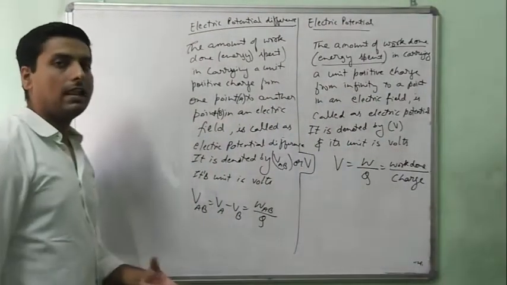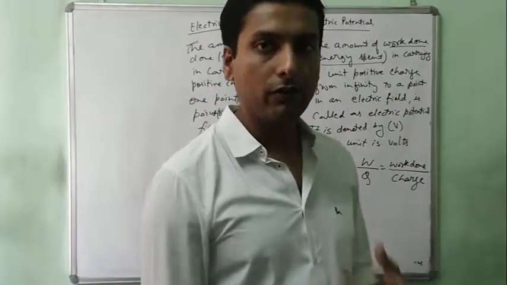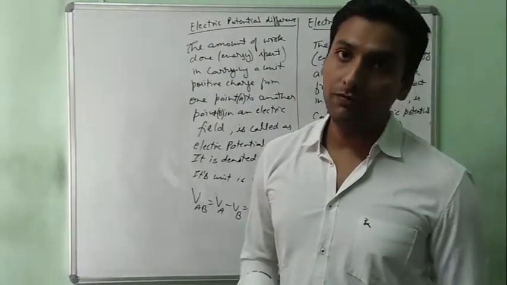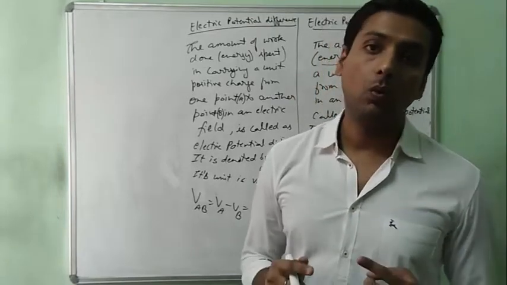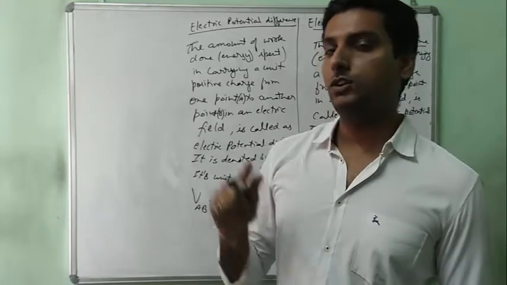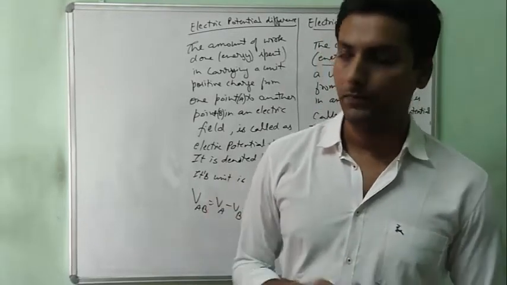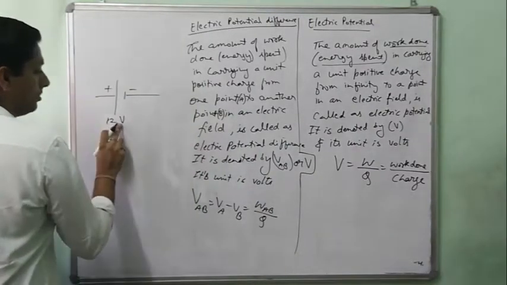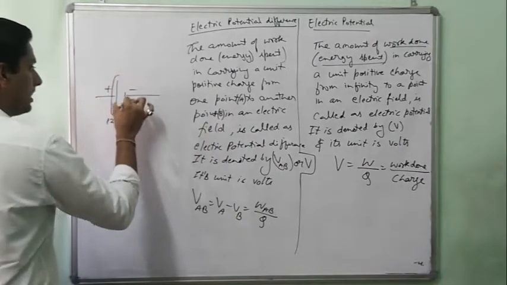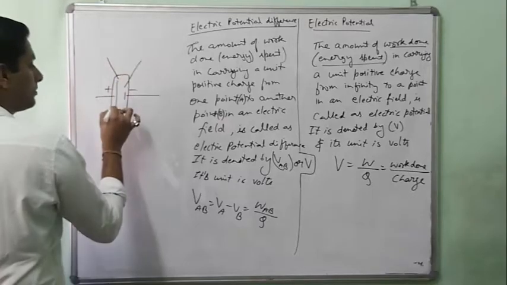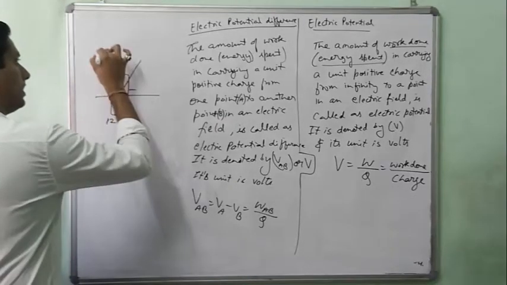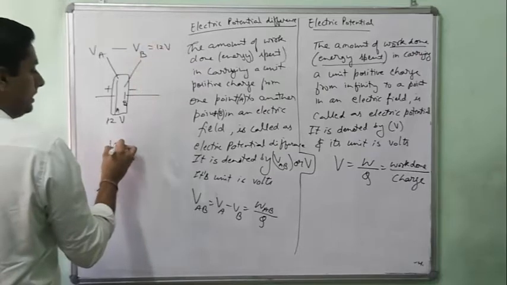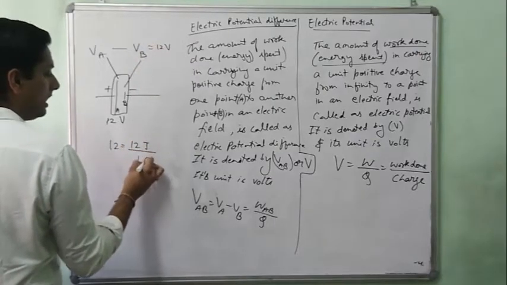मतलब ये है कि जब आप बोलते हैं कि आप सेल लाए हैं 12 वोल्ट्स का, so that cell of 12 volts means there is a 12 joule of energy will be spent in carrying 1 coulomb charge from positive end to the negative end of that cell। कहने का मतलब ये है कि अगर आप बोल रहे हैं ये प्लस और माइनस और 12 वोल्ट की सेल है, तो ये 12 वोल्ट का मतलब है इन दोनों इलेक्ट्रॉन्स के बीच में जो पोटेंशियल का गैप है, suppose this is electrode A and this is electrode B, so A और B के बीच में जो पोटेंशियल डिफरेंस है वो 12 वोल्ट है।